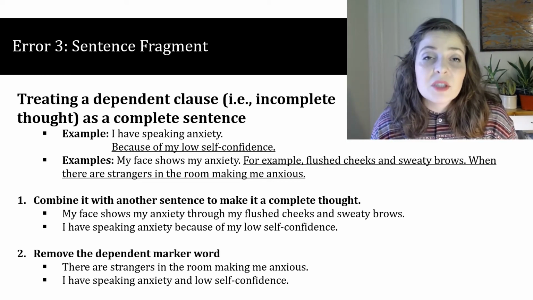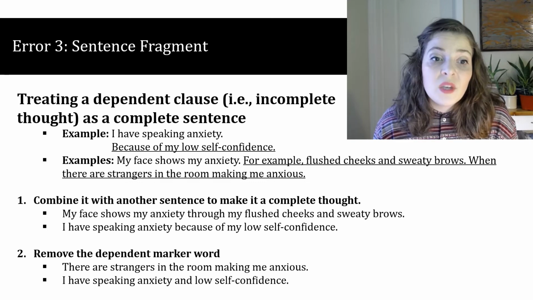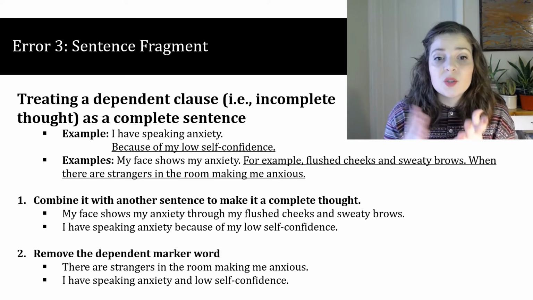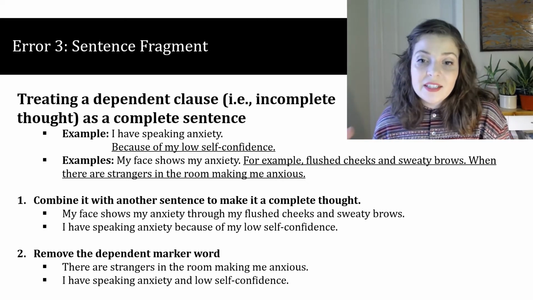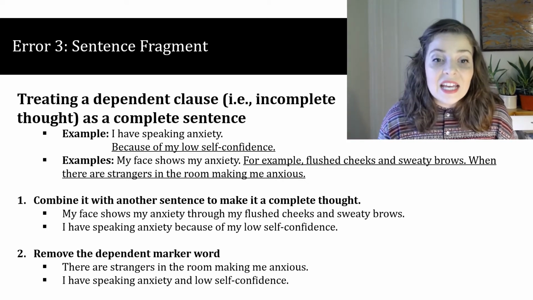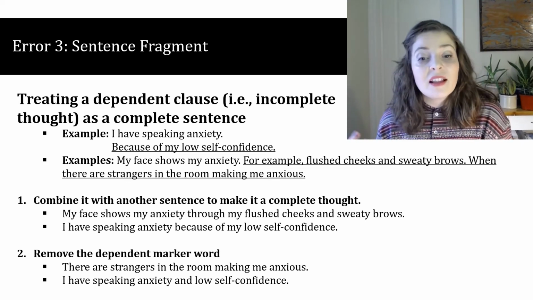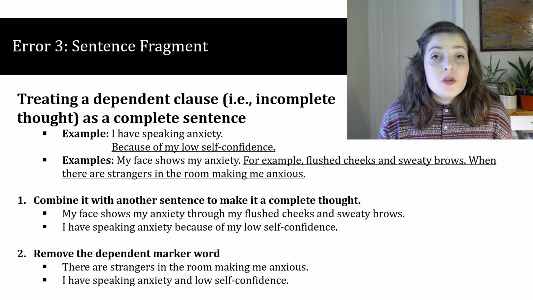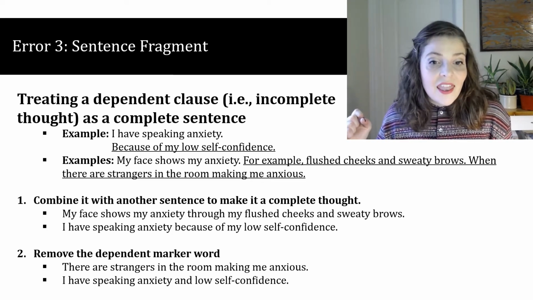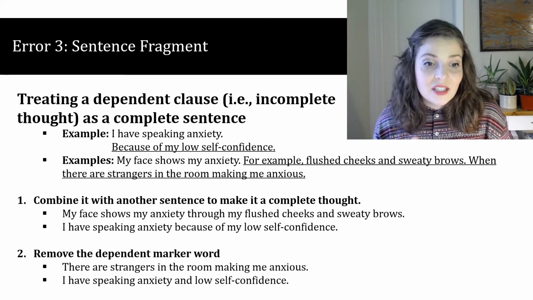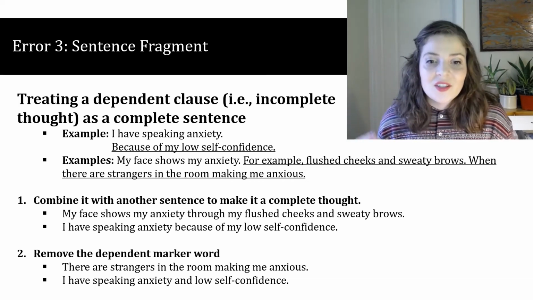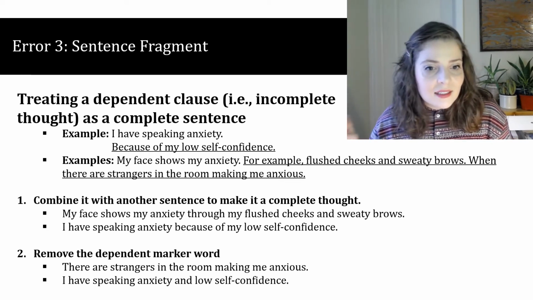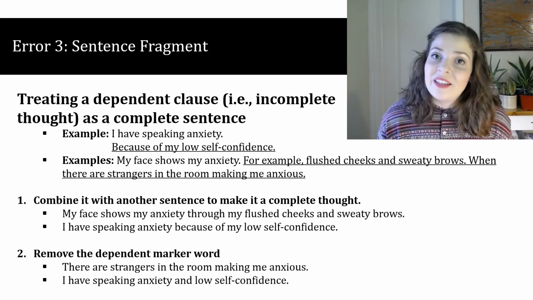So we have a couple of options for fixing our sentence fragments. We can combine it with another sentence to make it a complete thought. So, my face shows my anxiety through my flushed cheeks and sweaty brows. Or, I have speaking anxiety because of my low self-confidence. We can also remove the dependent marker word, and then the sentence can stand by itself with a subject and a verb. So, there are strangers in the room making me anxious, instead of "when there are strangers in the room making me anxious." Or, I have speaking anxiety and low